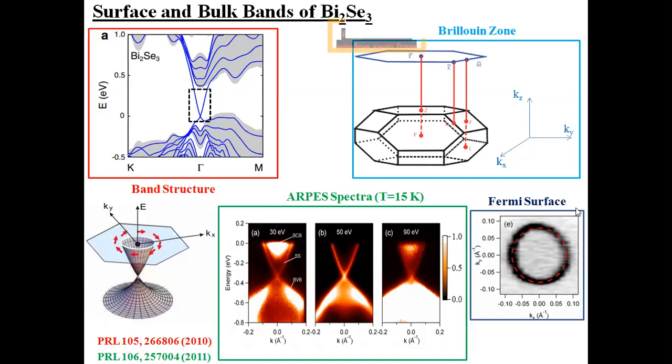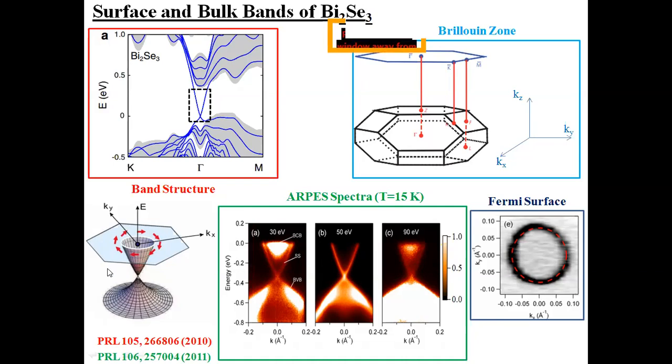Now I have plotted the Fermi surface. The Fermi surface is the zero energy contour in the momentum space. Here zero energy and Fermi energy are the same thing. Earlier I said that in most cases we take the Fermi energy as zero energy, and we accordingly change the scale of the energy. So the Fermi surface is nothing but the zero energy contour in the momentum space. By looking at any of these figures, you can see the Fermi energy lies here. So this is your zero energy.